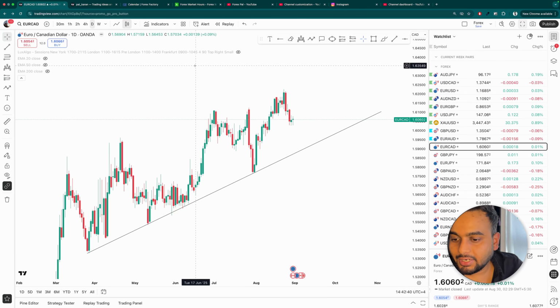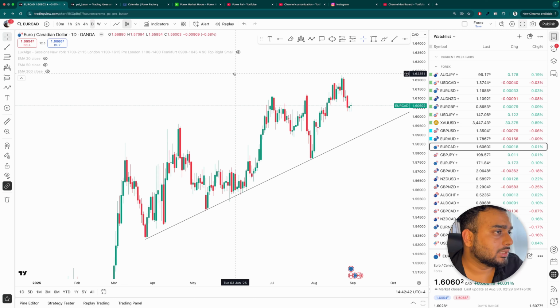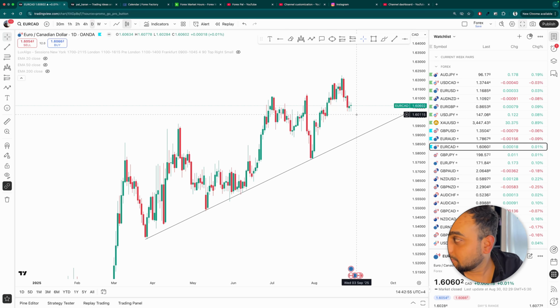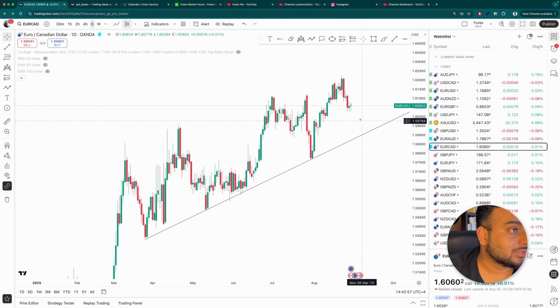So on EuroCAD again, the daily time frame is in a trend, and this is a very simple buy. All we want is this price to come down to this trend line for us to buy. So this is not going to happen this week. I'm very sure